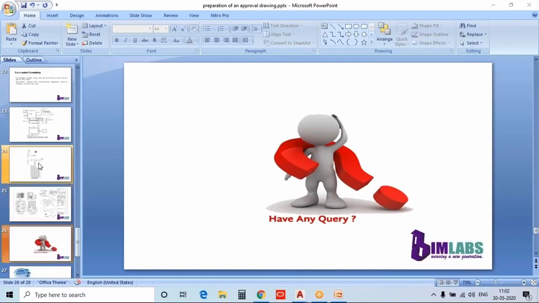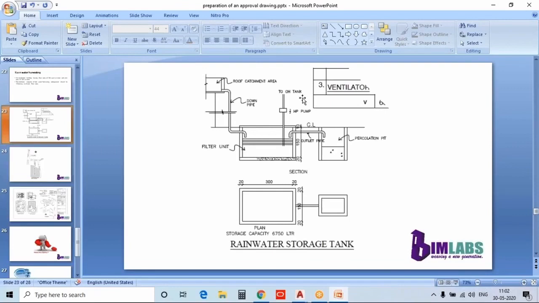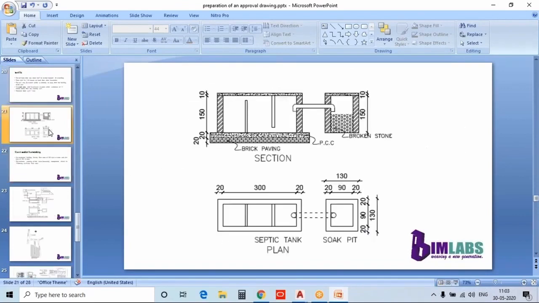How and why? I think you are asking about rainwater harvesting or some septic tank. That is not 2 tanks. It just shows a septic tank and a soak pit. The soak pit filters the water above it, and they can drain off that water from the soak pit, and a septic tank collects the other effluents from the domestic sewage.